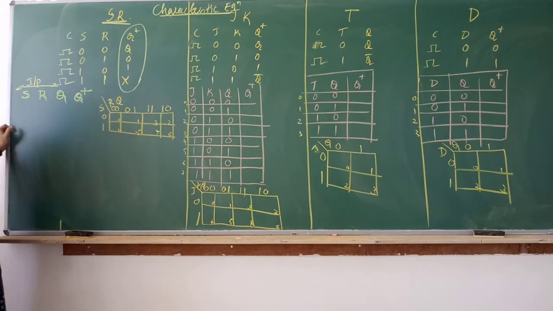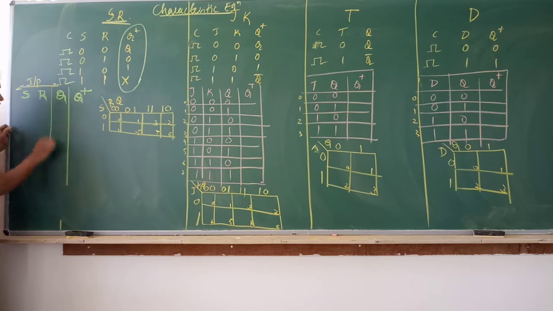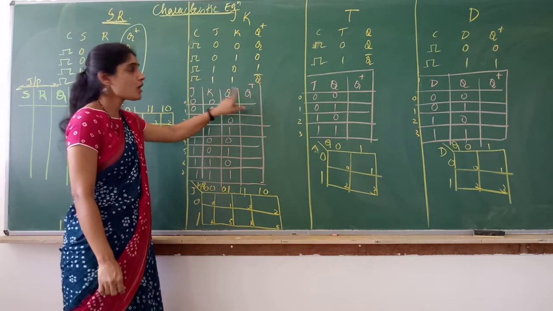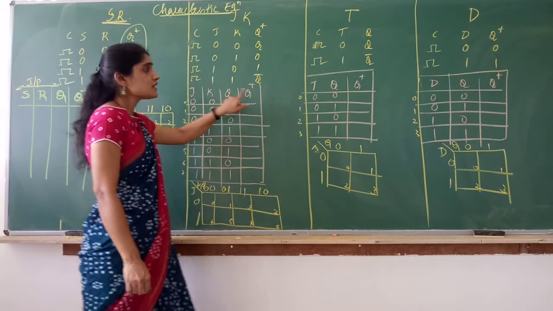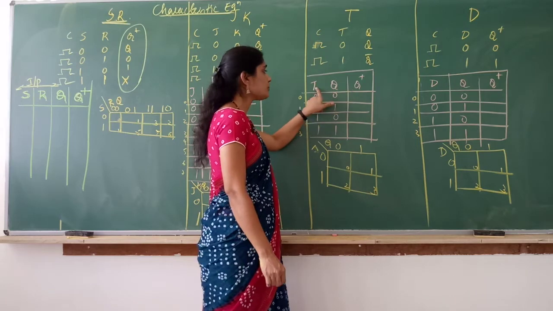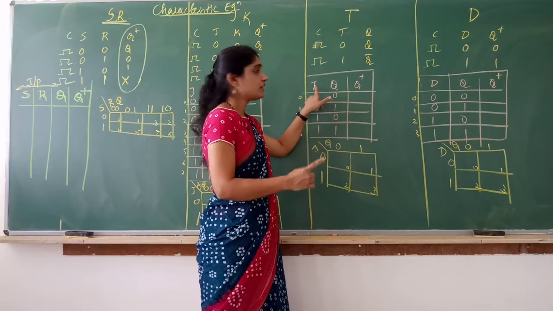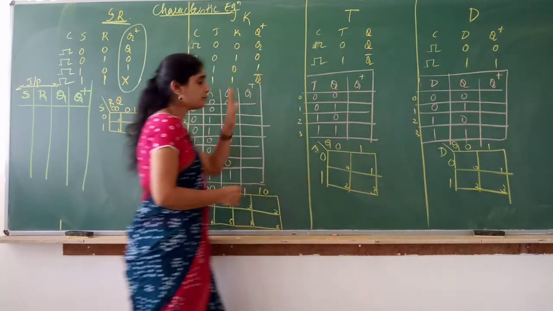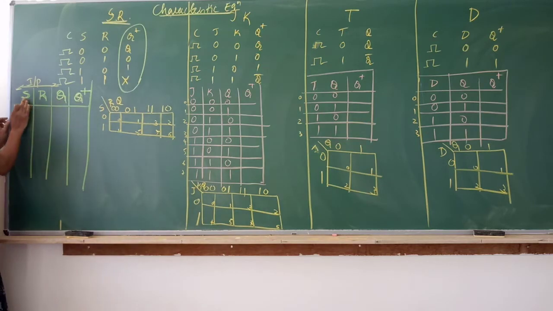Sequential circuit output is not just dependent on the present inputs, it also depends on the previous state. Right? So what are the inputs to derive Q plus? S, R, Q, the previous state. Similarly, what will be the inputs to derive Q plus of JK flip-flop? J, K, and the previous state Q. What are the inputs to derive the characteristic equation of T flip-flop? How many inputs in T flip-flop? Only one. T and the previous state. Similarly for D, the previous state, like that. So now these are the inputs. How many input variables do I have? 3: S, R, Q.